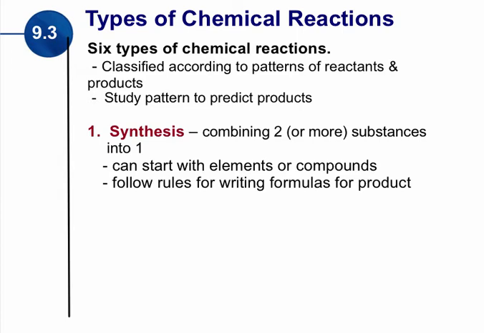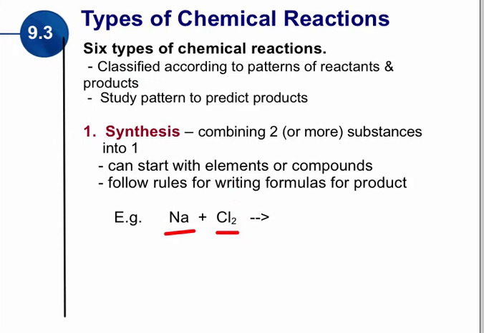We can start with either elements or compounds, and what we always have to remember is we have to follow the rules for formula writing, balancing charges where necessary, balancing chemical formulas. So let's start with an example here. And here's our first example, NaCl. Now notice NaCl, we are combining 2 elements together, Na and Cl. And if we combine these 2 together, they are going to combine together to become one,